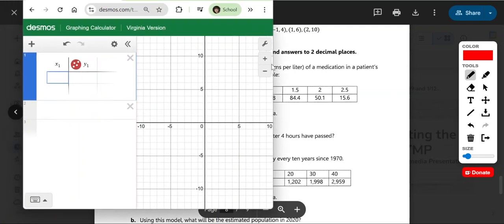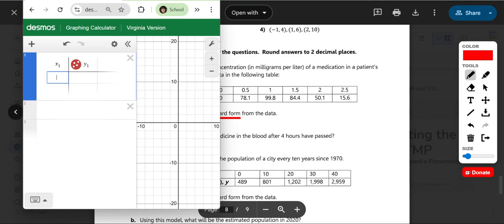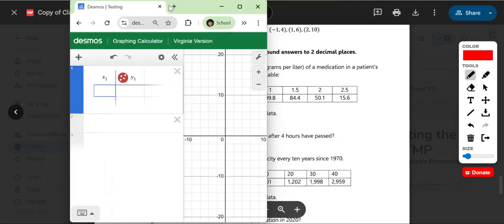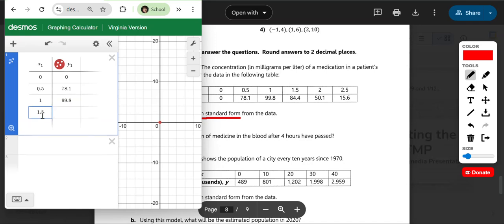I'm just going to minimize this a little bit so that I can see a little bit better here. It's a little hard to tell, but over here I've got my table, and the top is my x and my bottom is my y. So I'm going to put in a 0 for x and a 0 for y for 0, 0, and for x 0.5, half an hour, and 78.1. I continue putting these in together as pairs. 1, 99.8, 1.5,